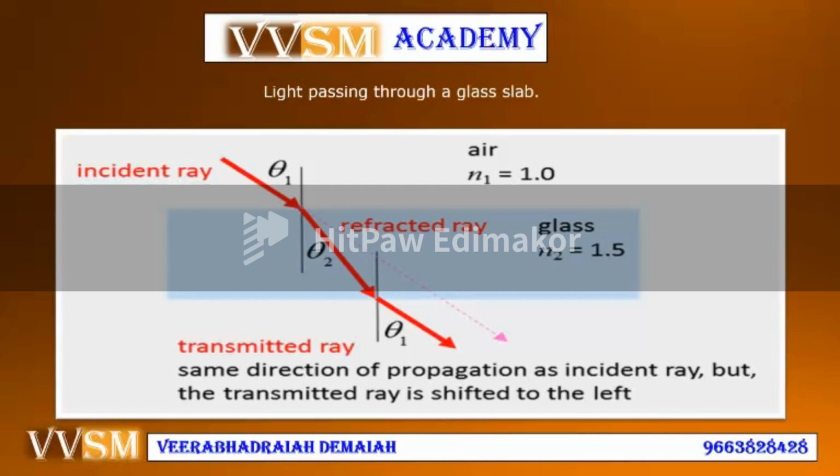See, the incident ray gives theta 1 and theta 2 for the refracted ray. This is the air, that is the rarer medium, n1 is equal to 1.0, and this is a rectangular glass slab or any optical medium which is a denser medium. For example, glass n2, that is the refractive index, is 1.5. That is the incident ray, which starts from the rarer medium and enters into the denser medium, the refracted ray, and this is the transmitted ray, same direction of propagation as the incident ray, but the transmitted ray